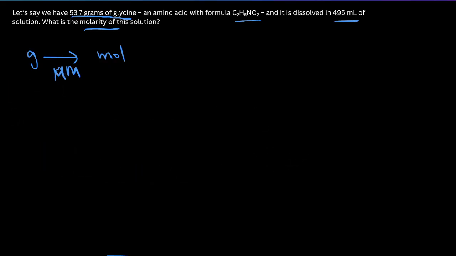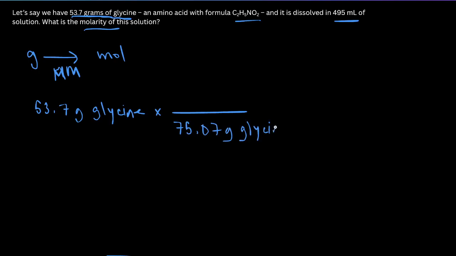And we can just move on to converting our 53.7 grams of glycine, saying we have 75.07 grams per 1 mole. Canceling our units of grams gives us an answer of... well, let me just do this over here, we have some space... 0.715